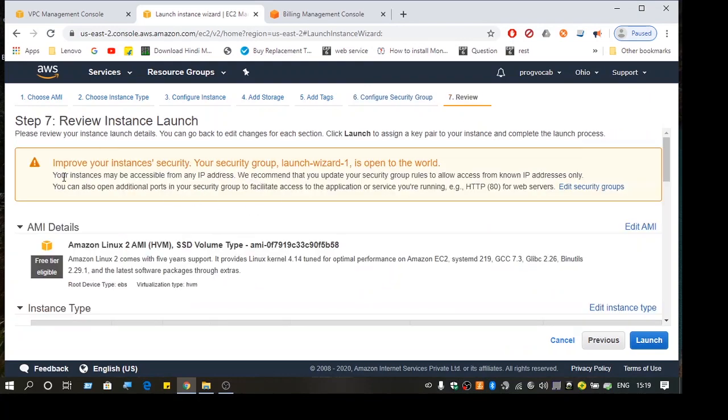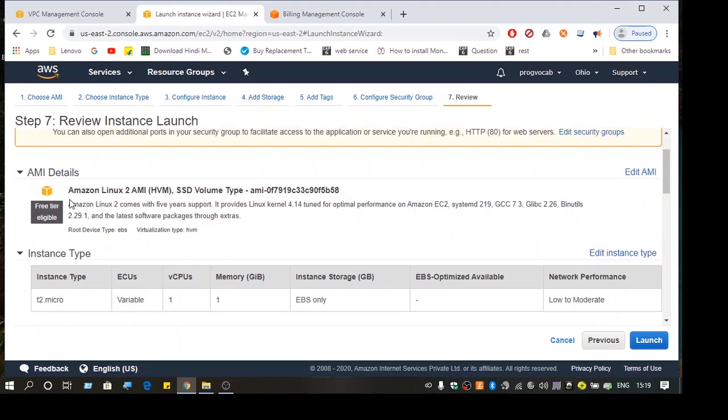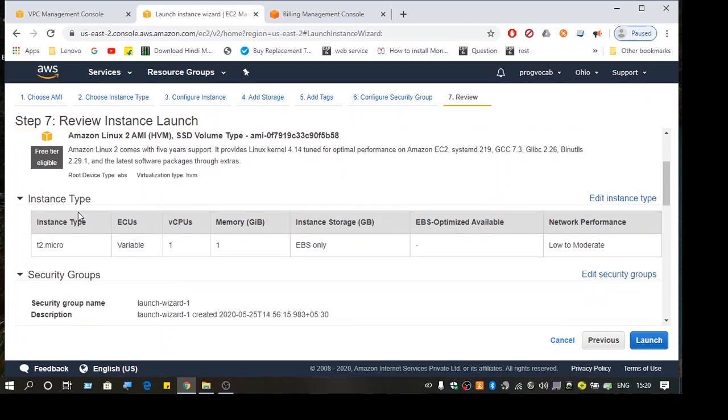Okay, just ignore that warning for now. So you can see the image here. There are details for that. You can edit this image, and you can specify the hardware which you need.